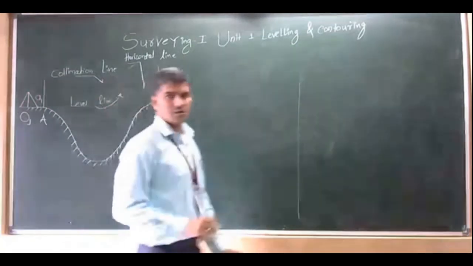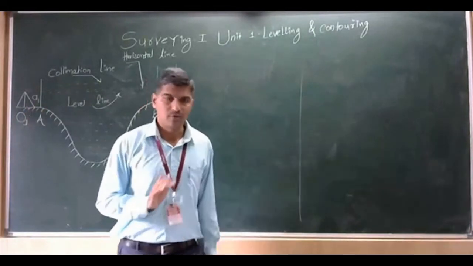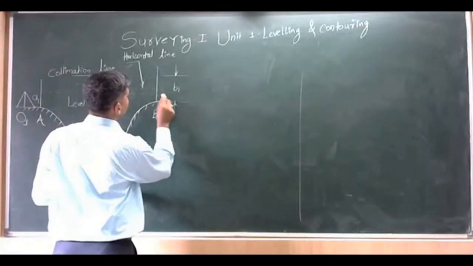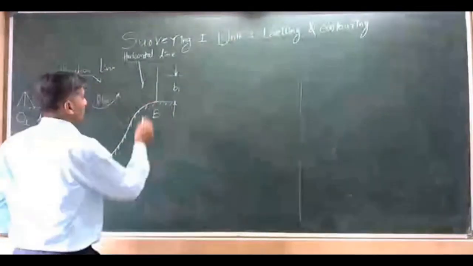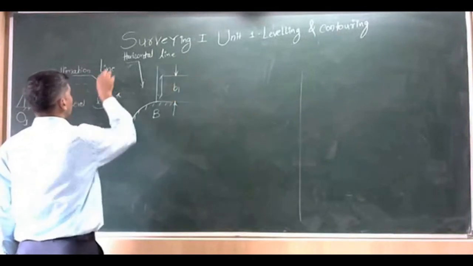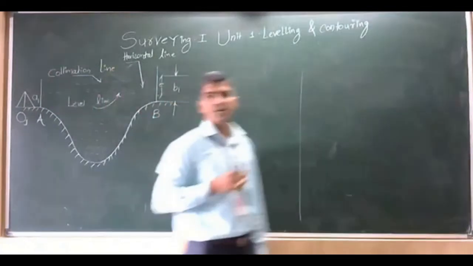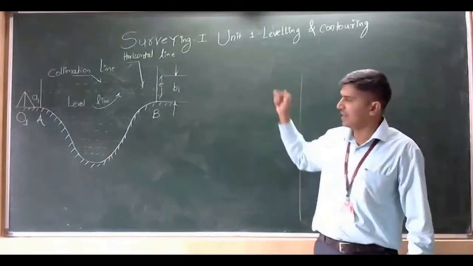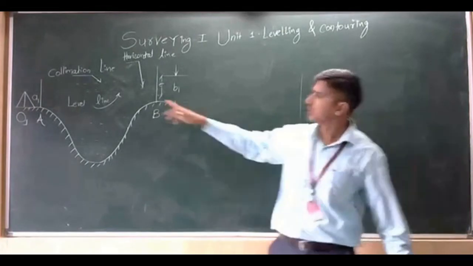Due to the line of collimation at point A, it was A1. But if you look towards the level line, I should get this particular reading. So I will name the difference between the level line and collimation line as my error E. I will name the vertical height between the collimation line and the level line as my error, because the